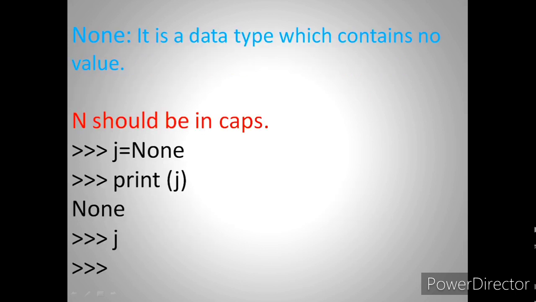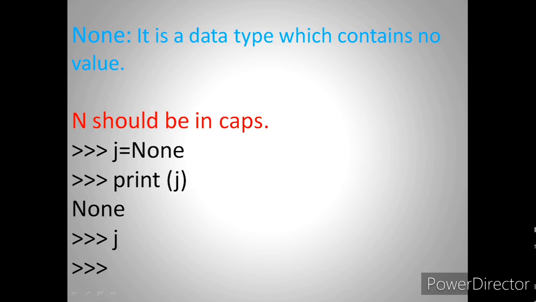Next, as I said, one of the data types is None, isn't it? If we don't want to have anything, then the data type should be given as the None type. And here we have to keep in mind that the letter N should be in capital form. So j is equal to None. Print j. What is it printing? The value of j, which is None. And if you are writing in interactive mode and you get the value j to be printed, you will get nothing.